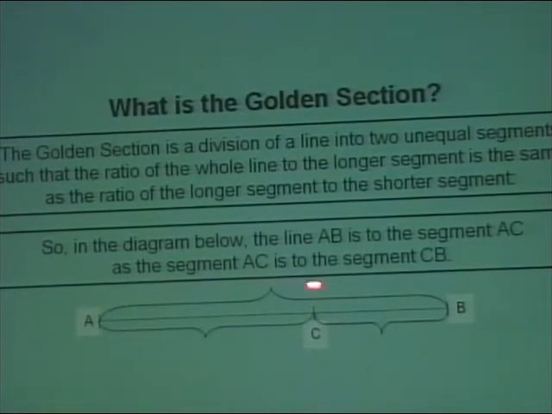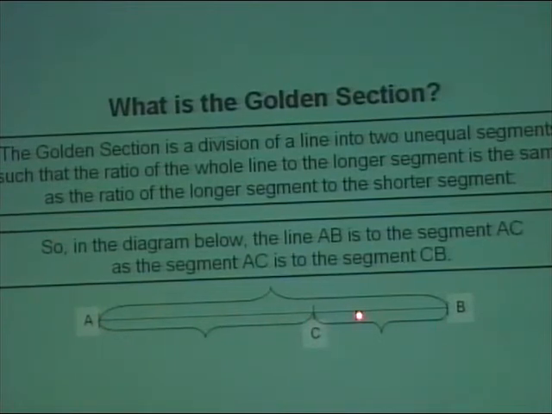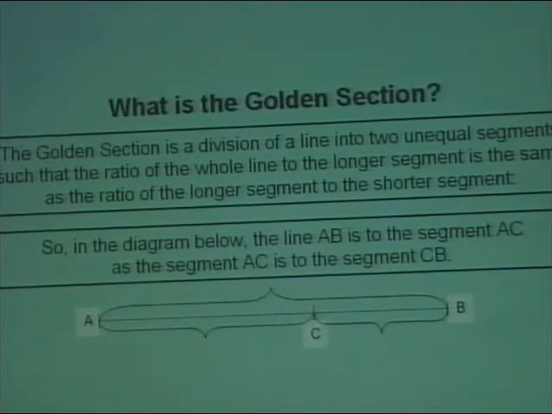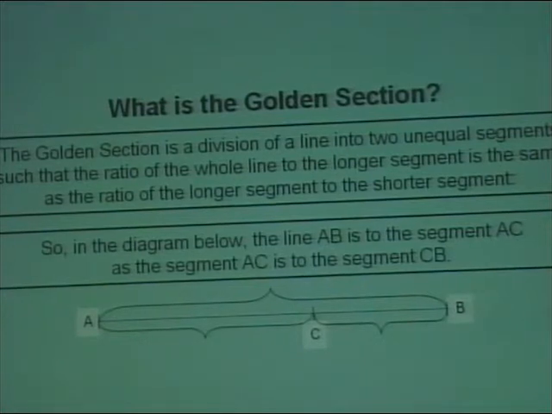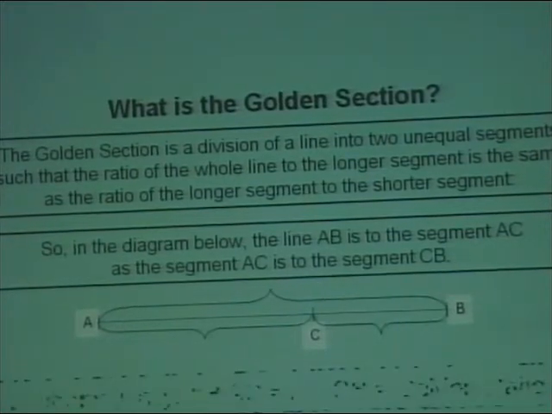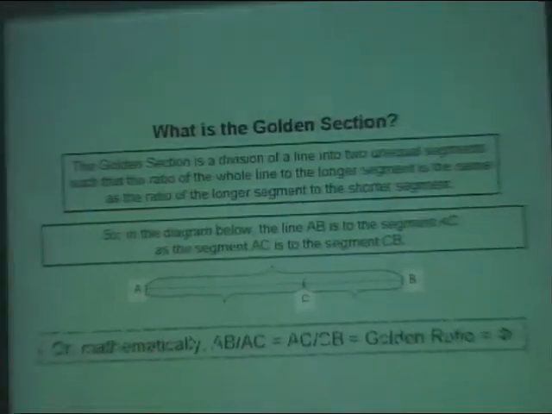If the ratio of the whole line to the longer segment is the same as the ratio of the longer segment to the shorter segment, that is the golden ratio. Or, if we put this mathematically,